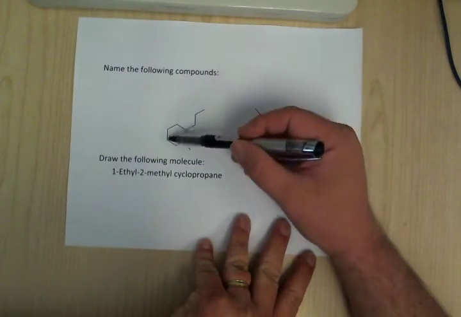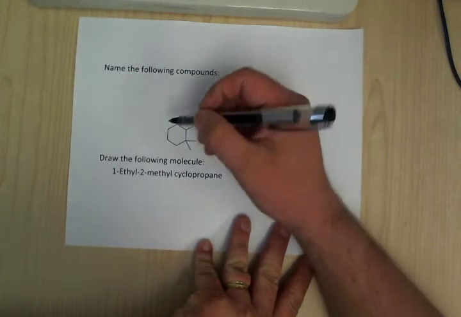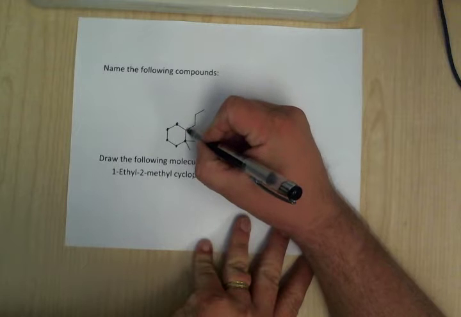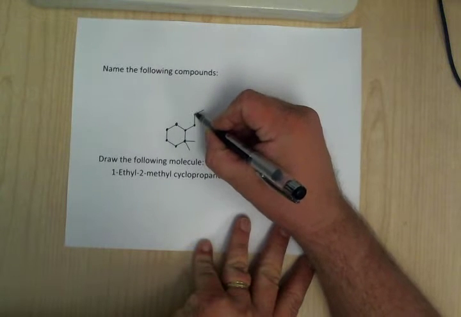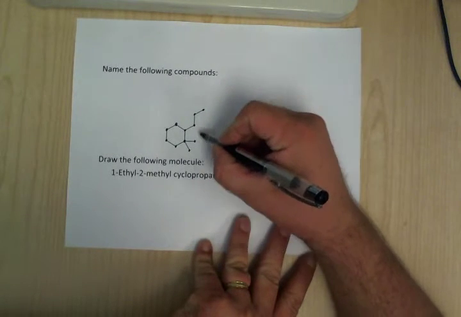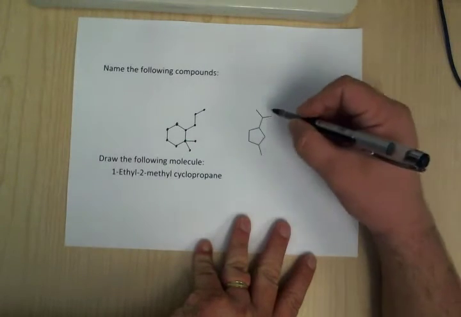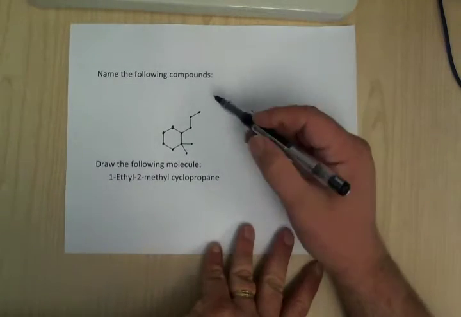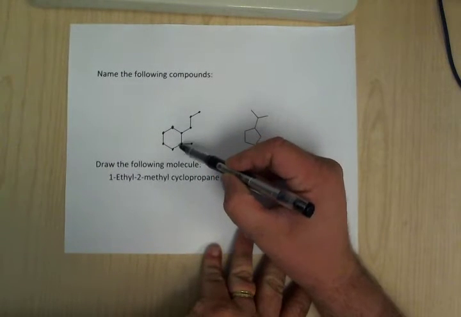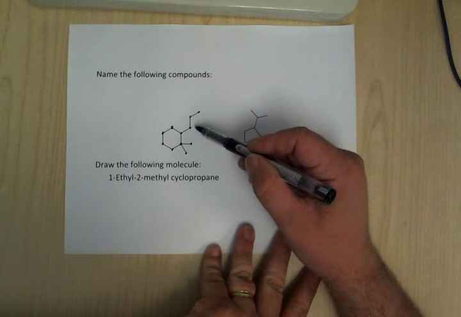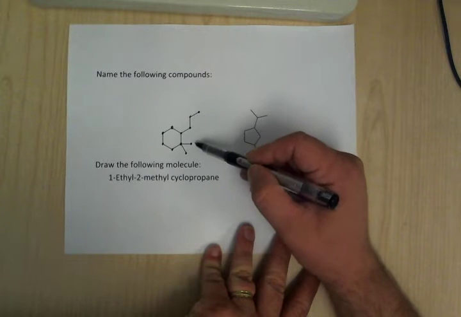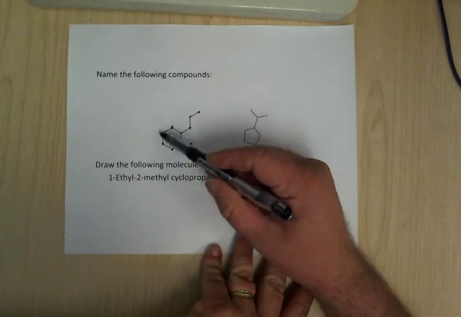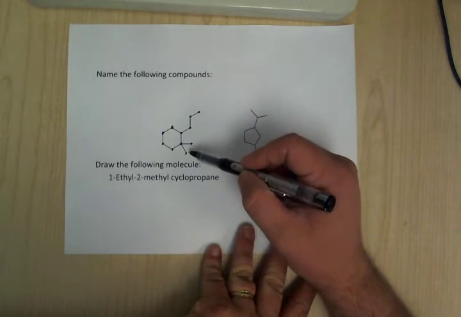For the cycloalkanes, the first thing you've got to do is make sure that the ring is larger than any of the straight chains. Now, the carbons are either part of the straight chain or part of the ring. You can't mix and match. So for here, the ring would be 1, 2, 3, 4, 5, 6, and the straight chains would either be 1, 2, 3, or 1 here or 1 here. Since this ring is larger than any of the chains,